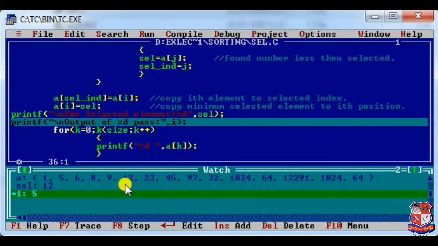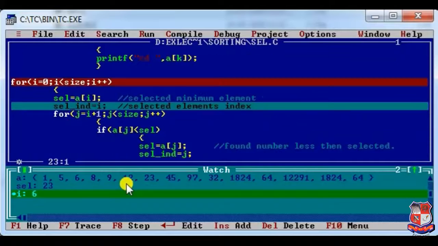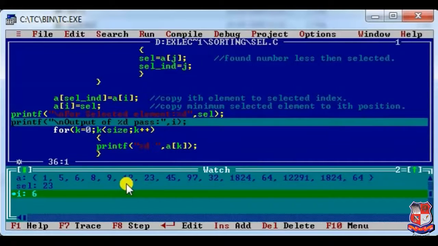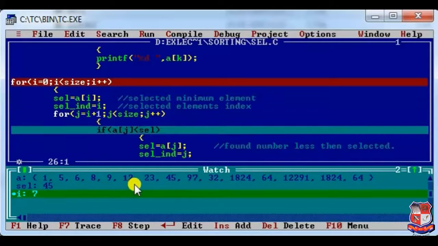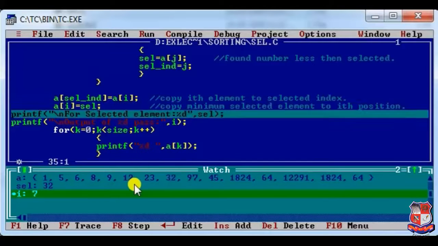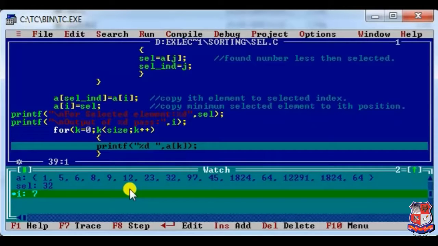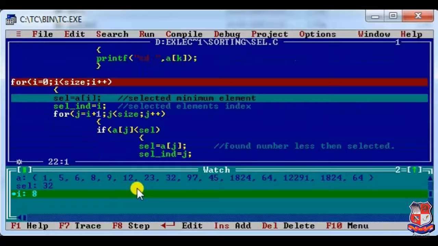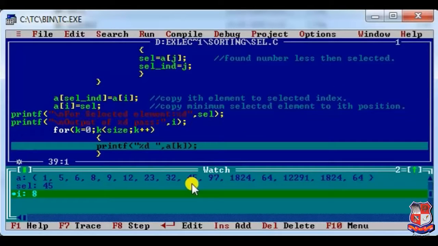So 12 is the smallest element. After 12, we'll have 23. Yes, 23 is already placed. Next is 32. Next one is 45.